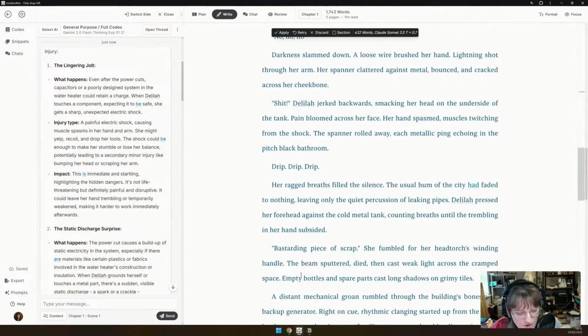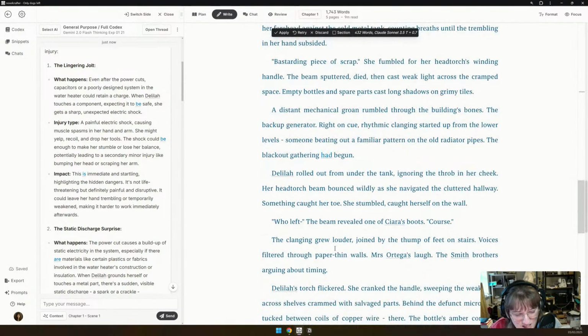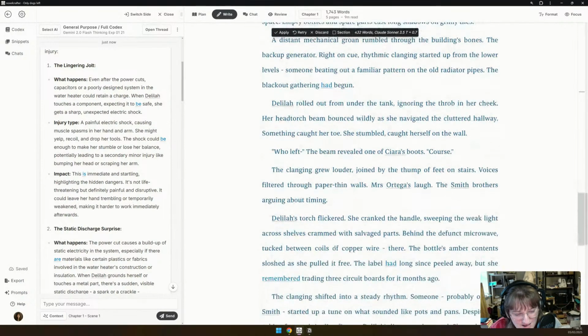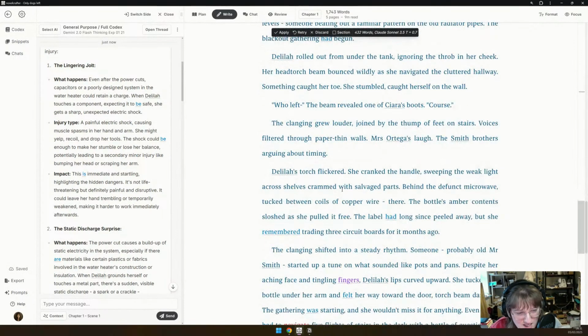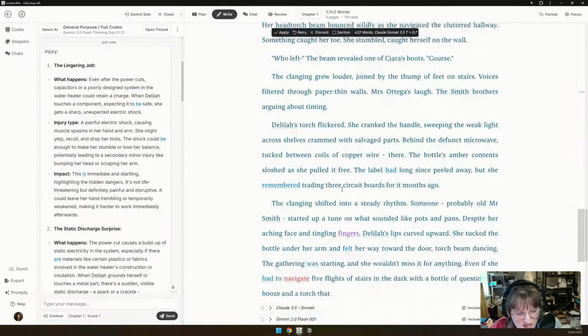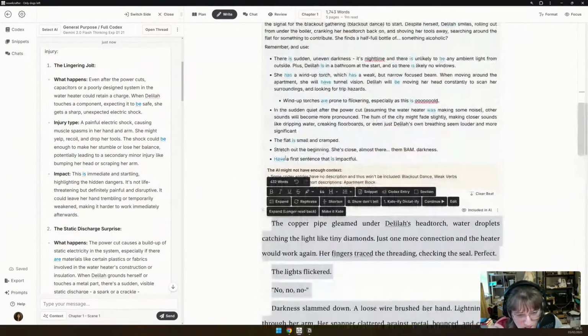Although it is doing better at following some of the other. Okay, I'm already liking this more. It's cramped. She's tripping over things. Okay, I'm getting there. It's getting nearer to what I want.